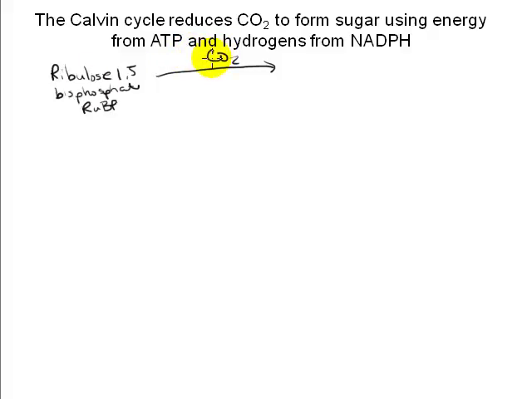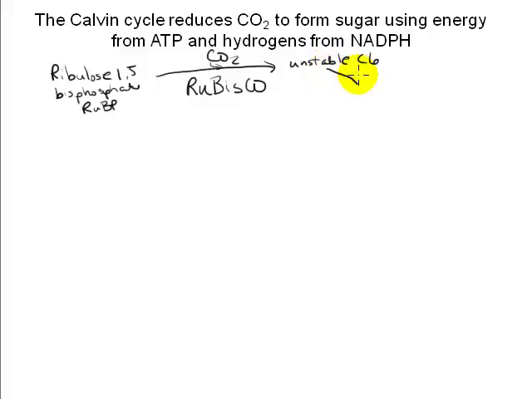To begin, the enzyme ribulose bisphosphate carboxylase oxygenase, or RuBisco for short, catalyzes the covalent attachment of a carbon dioxide molecule to that 5-carbon ribulose 1,5-bisphosphate molecule, producing an unstable 6-carbon molecule which immediately splits apart into